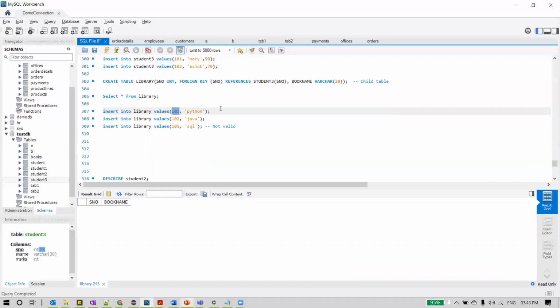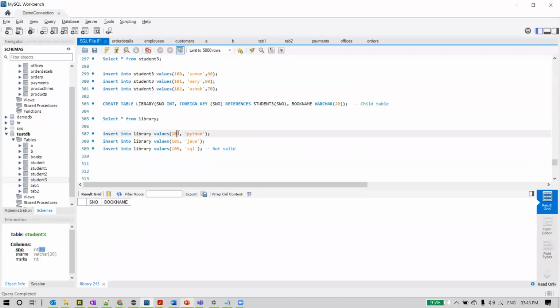And you can see here, that's what I'm following. You can't provide some other value here, like 50, 60, as that value is not present as primary key in this student 3 table, as that is what the foreign key definition says. So as foreign key, this S number is referencing student S number. So always this child table, the library table, should have values which are already defined for the primary key in the student 3 table. Now let me execute that. So I am following that constraint and inserting a value. As 101 is already present in this parent table student 3, I am using that same value here. For that student, I am having a book here.